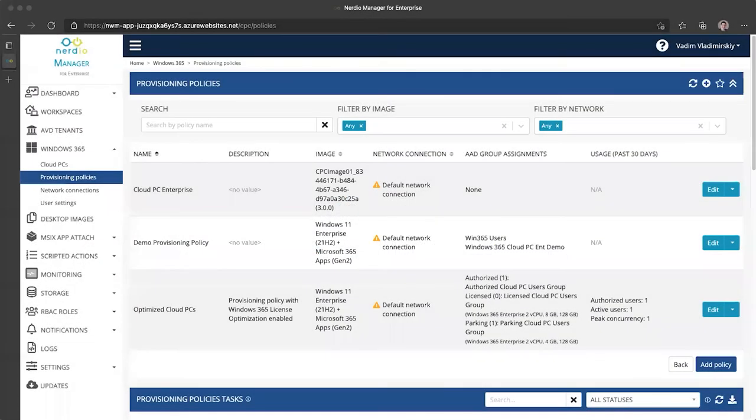In this video, we will talk about the first of the three newly introduced Windows 365 licensing optimizations in Nerdio Manager for Enterprise version 3.4. So there are several features that we will be discussing in a series of videos that are going to help you optimize the license usage in Windows 365 and thereby reduce the cost of your Windows 365 environment very significantly